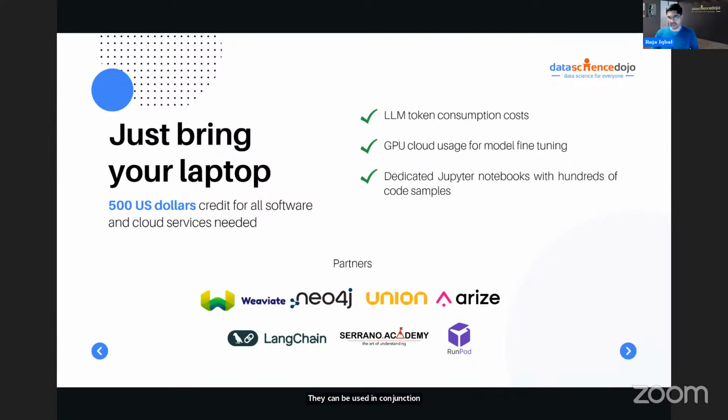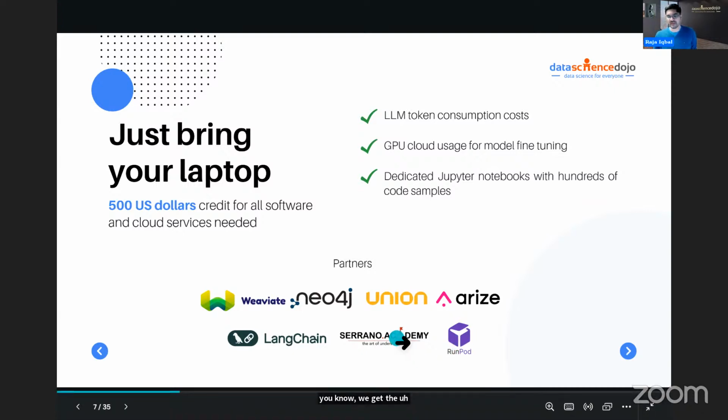And for LLM applications, Union is basically deployment of your models. Arize is a leading platform in observability and guardrails and monitoring, tracing of your model. RunPod, GPU clouds, we get the GPU compute from them.